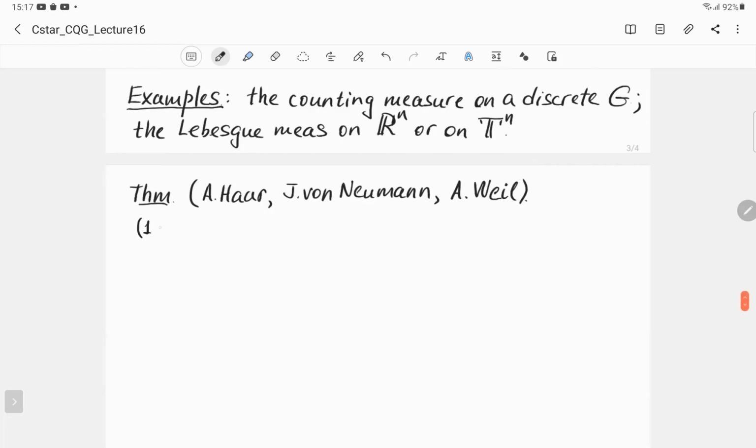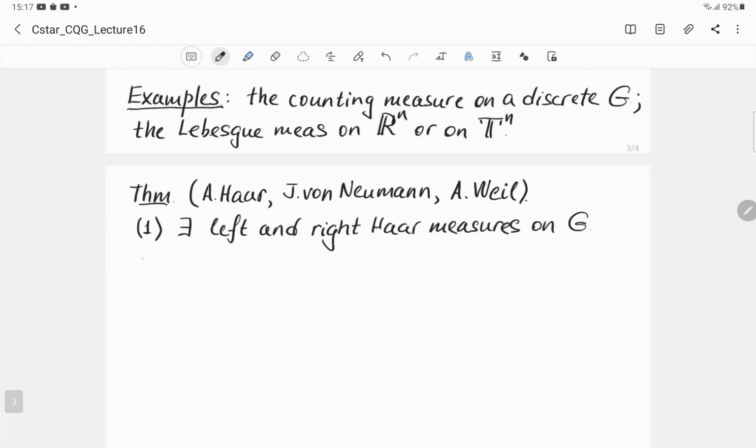First of all, this result states that there exist a left and a right Haar measure on G. Second, a left Haar measure is unique in the following sense. If, say, mu and nu are left Haar measures,